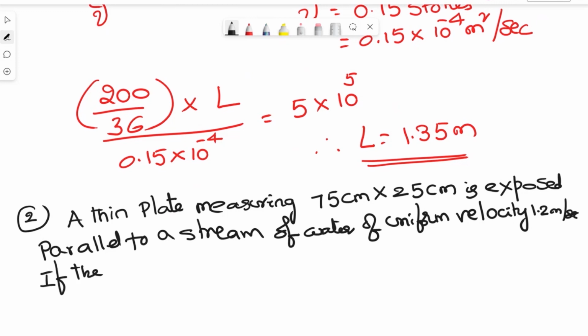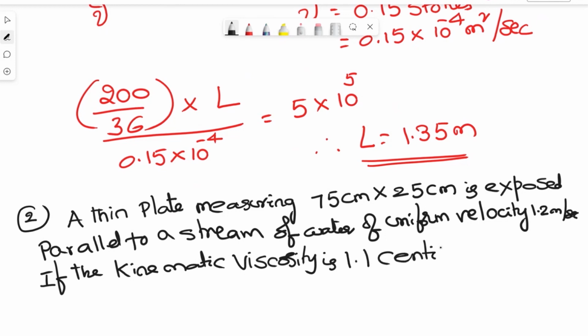If the kinematic viscosity is 1.1 centistokes,